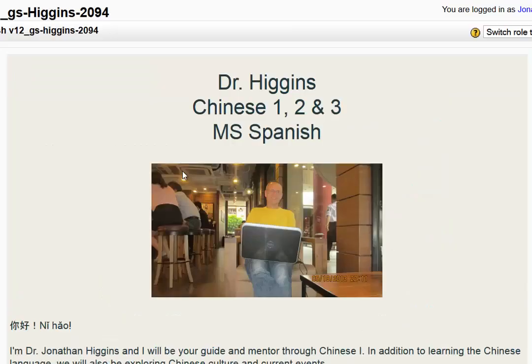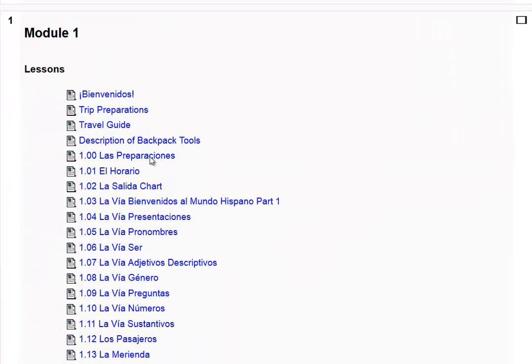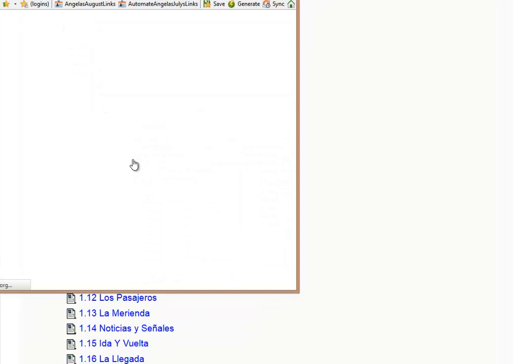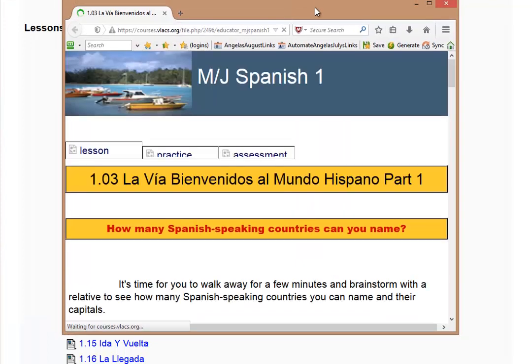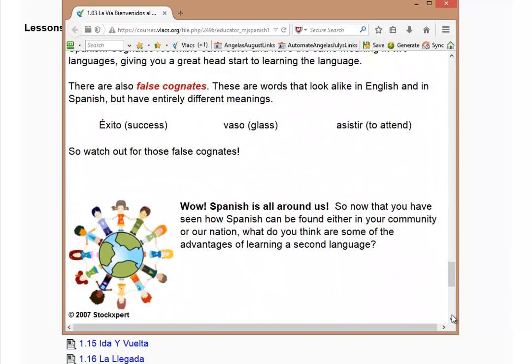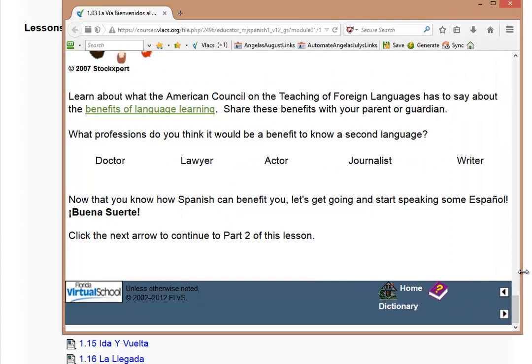So we are here in the middle school Spanish class, and we're going to scroll on down to a lesson. And remember, each of these lessons, most of them are multiple pages. So when you click on 3 here and this little window pops up, be sure that you read all the content on the page, study it closely, and then use the next button at the bottom of the page to go to the next